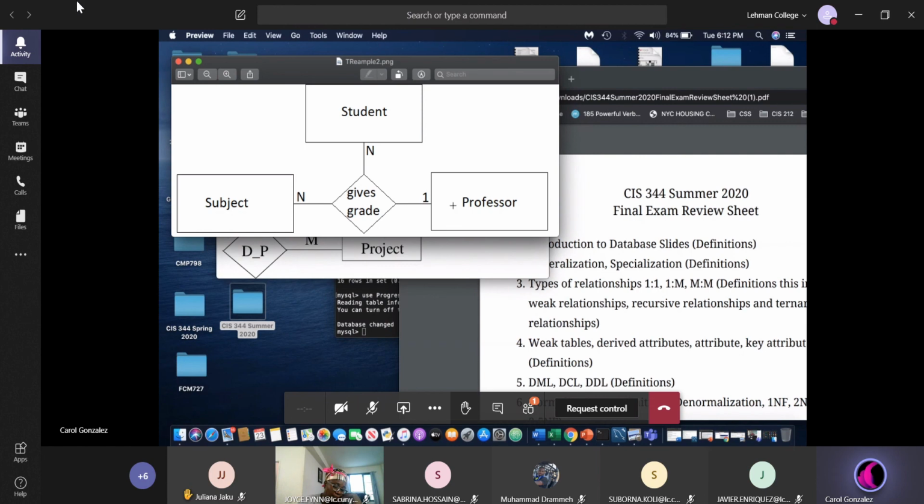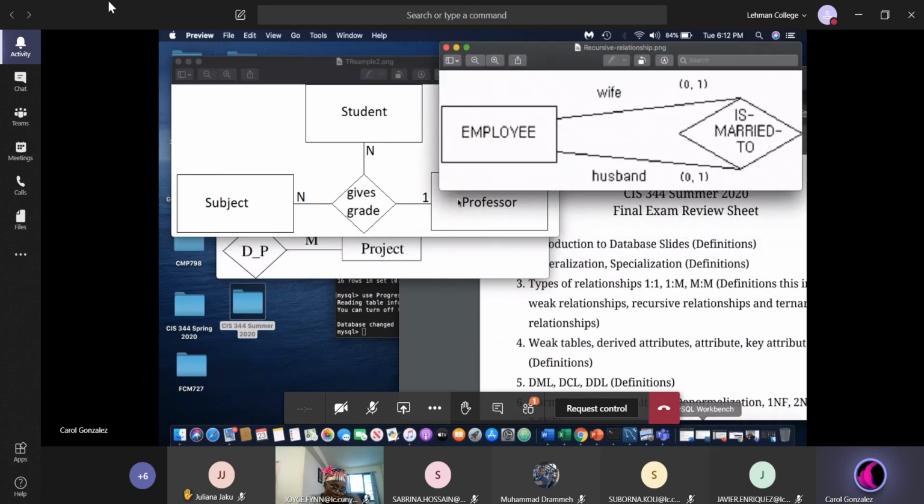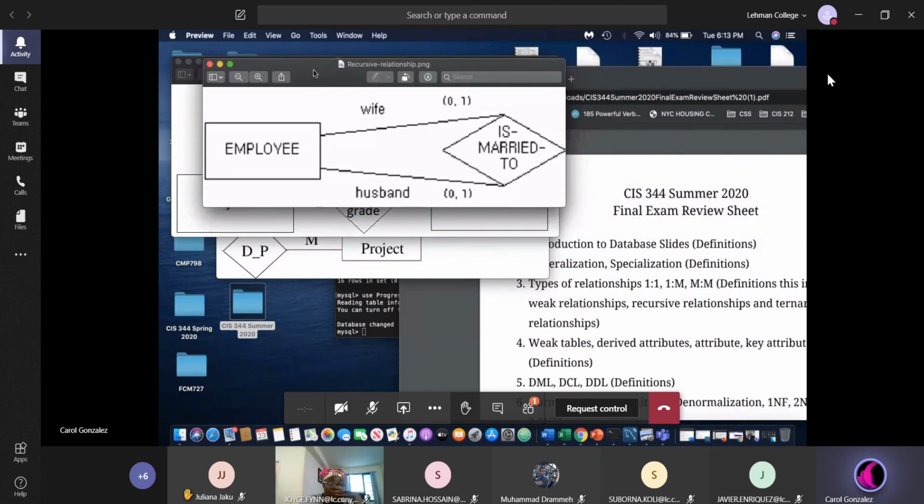You need to know the definition. The definition is that a ternary relationship is when 3 tables have a relationship with one another. That is indeed a ternary relationship. Let's look at another one, the recursive relationship. We've discussed this a couple of times, but just to be clear,